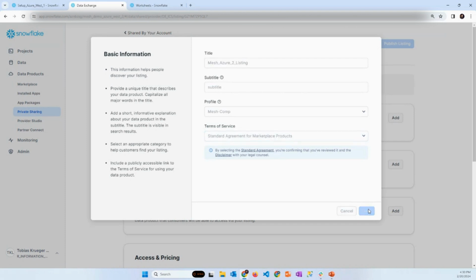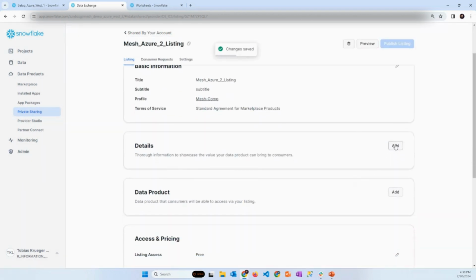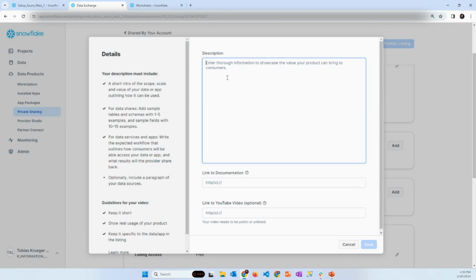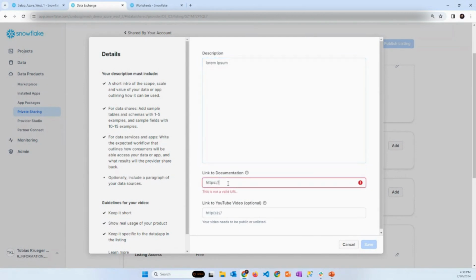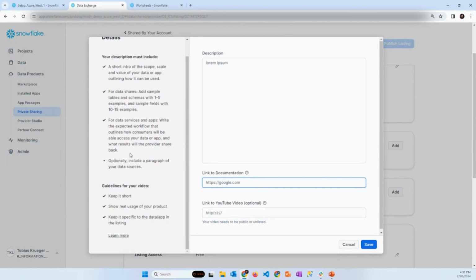And then we go on to some details that we want to enter for the data listing that we are providing here. We can add a link to the documentation, which I always say is also google.com. And if we also have some YouTube videos that we want to share, we can push them here. And you also have on the left side, which is very neat, some points coming from Snowflake, right?